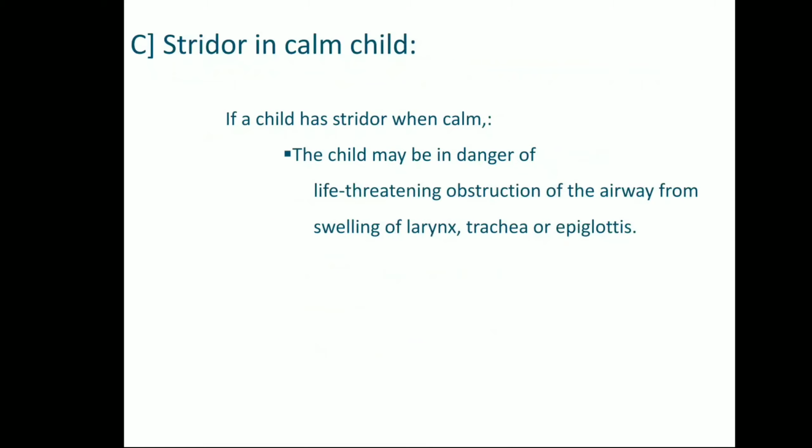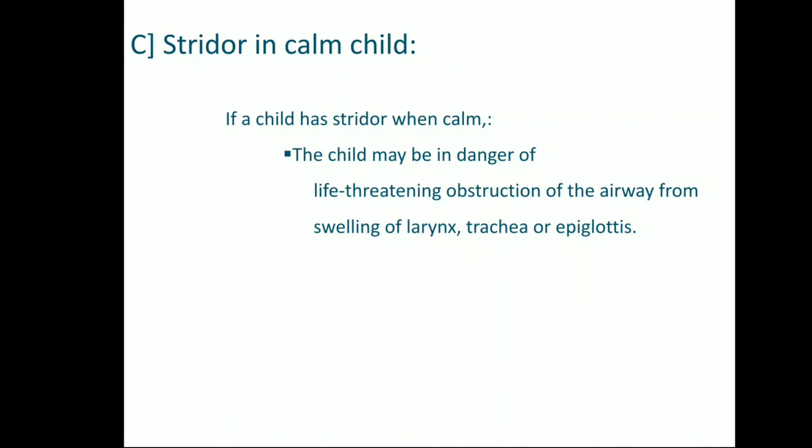And the third one is stridor in calm child. What is this stridor? If you have seen yesterday's class, you know what stridor is. This is occurring due to the obstruction of airway, which is blocking the passage into the lungs. Whenever there is obstruction, you will hear the sound stridor, nothing but a harsh noise. So this is one of the signs for classifying the child into very severe disease.